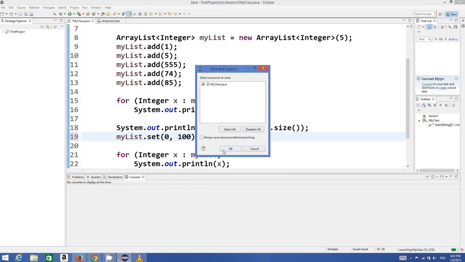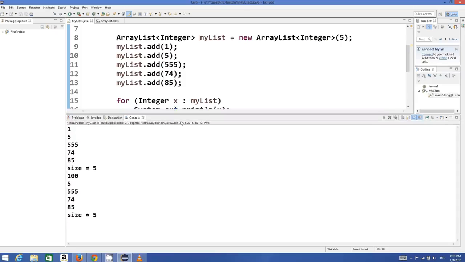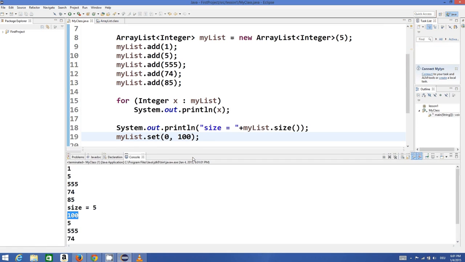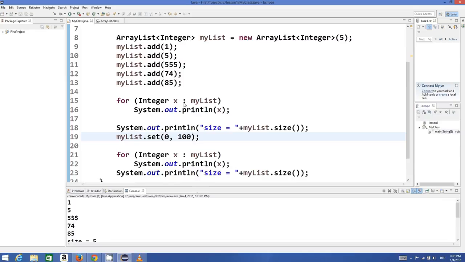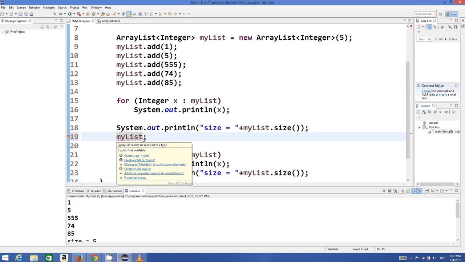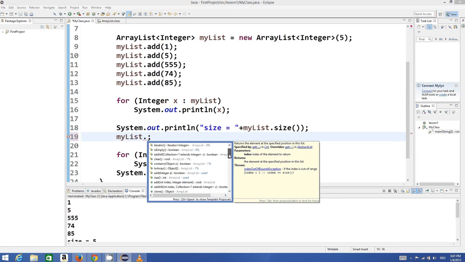And now when I run the program, the size remains same, but the value here, earlier it was 1, now it became 100. Okay, so in this way you can use these array list in Java. It contains many more methods. For example, when I just use this variable name mylist, and when I just use dot separator, it will give you suggestions, and here it will give you some more suggestions,